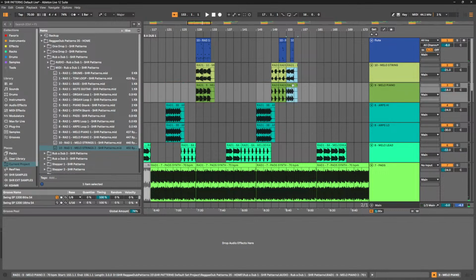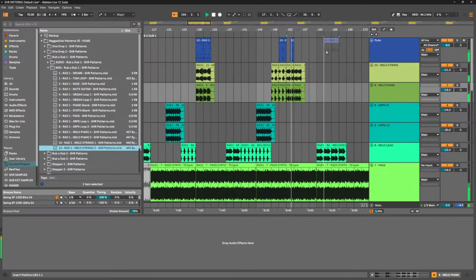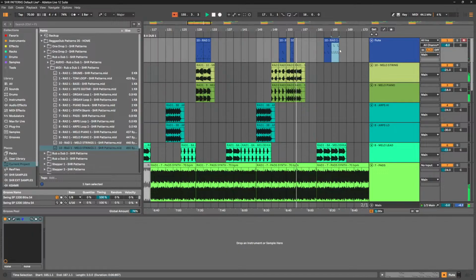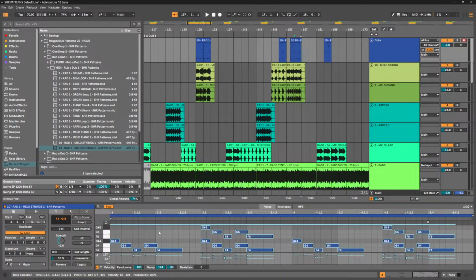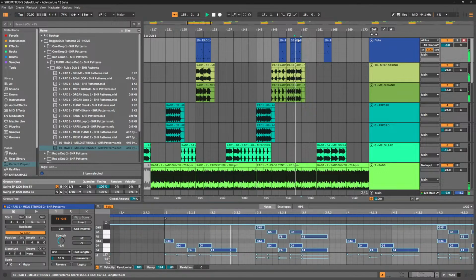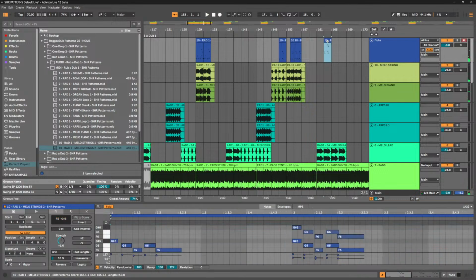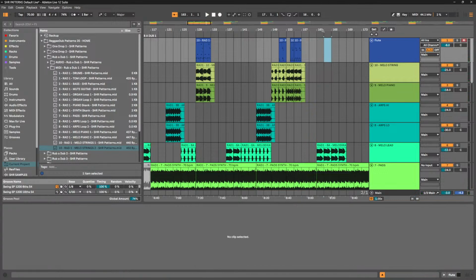And we can even duplicate it. So I add back the flute. Okay, and from here